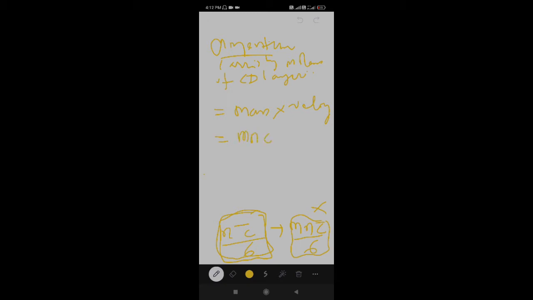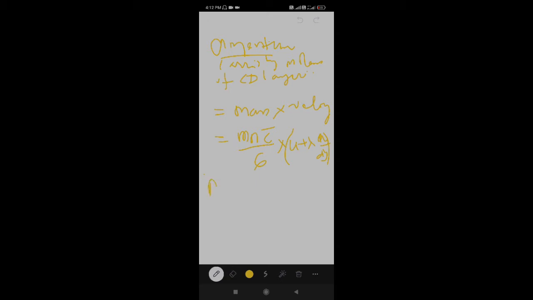m n c bar by 6, which we just calculated. C bar is the average velocity. What is the velocity of the molecules in the top layer, CD layer? u plus lambda du by dy. Remember this. Now let us concentrate on the upward motion from the bottom layer to the top layer through the intermediate layer, that means the EF layer.